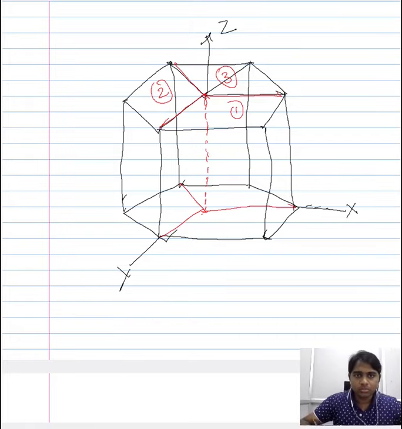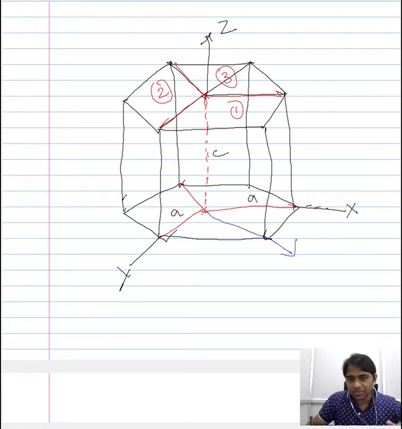Now let us try to represent this direction here. This direction has a projection along the x-axis, and the dimensions of these are A, and this is C. So this direction makes a projection along the x-axis at A, and along the y-axis, or the y principal axis, along A, and the projection of this direction doesn't meet anywhere along the z-axis, so it is 0. Now when you normalize it, it will be 1, 1, 0.